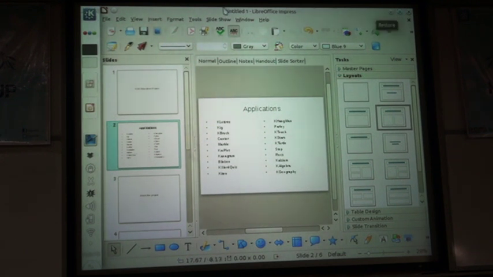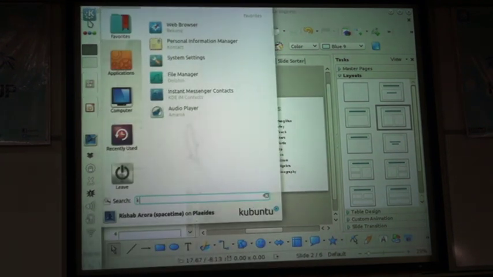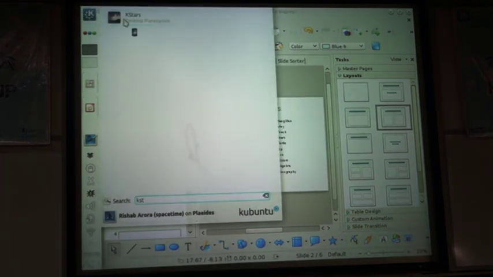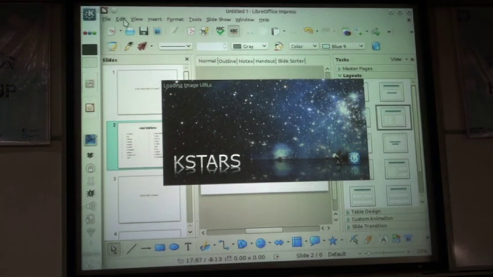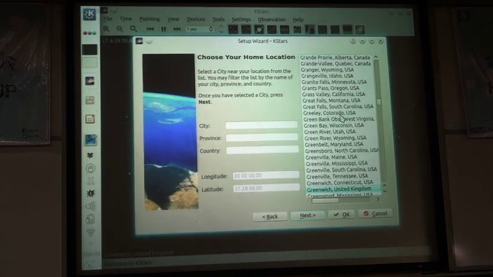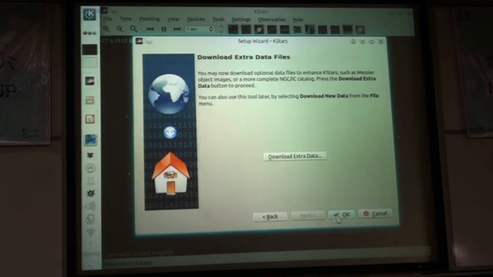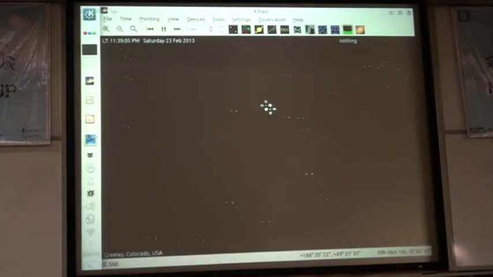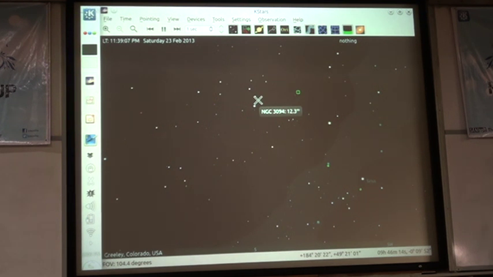Then we jump to the final application, which I have contributed to for a long time now. It's called KStars, and it's a planetarium software. It's used by a lot of astronomers all over the world, as well as a few observatories. Nice thing about KStars is it also has support for something called INDI, which lets you control